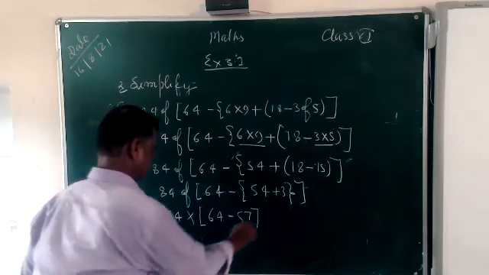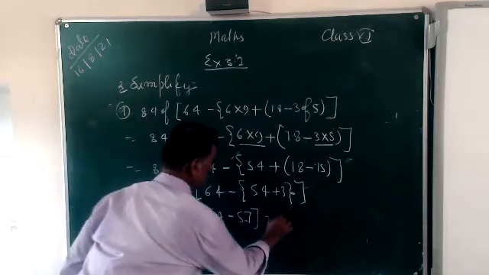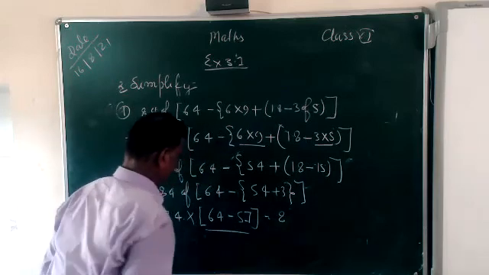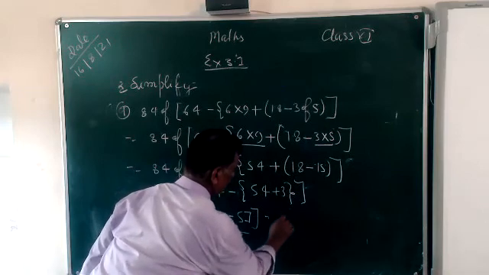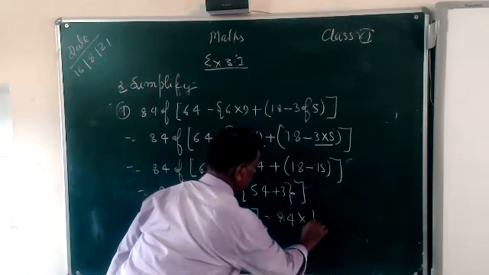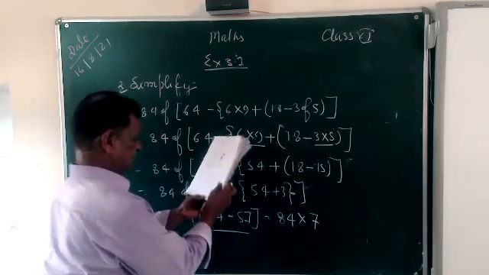See here, what is coming? Here is coming 7. Here is subtract 7 coming, and then 84 into 7. Multiply this